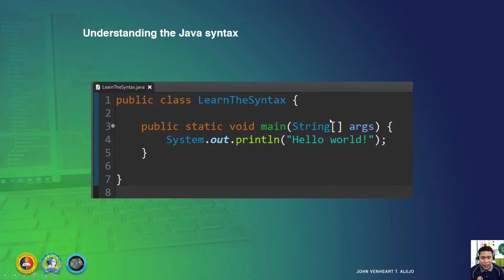The class doesn't have that. But when there's a left parenthesis and a right parenthesis, we call it a function. Remember, a function is inside a class. The main class is inside the syntax we are learning. So println is under the out class.